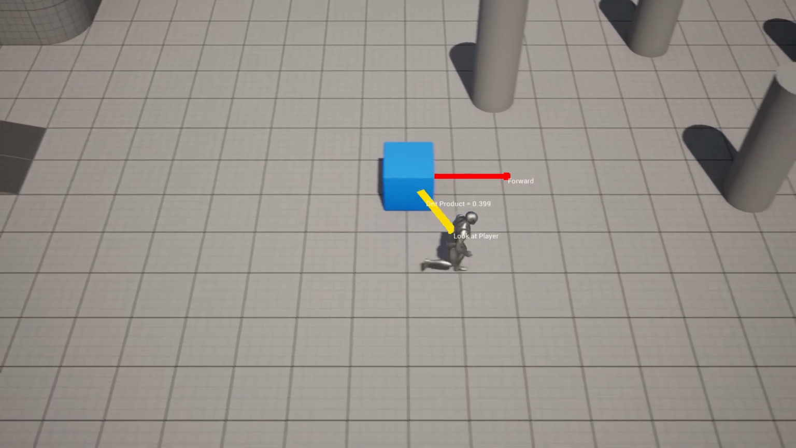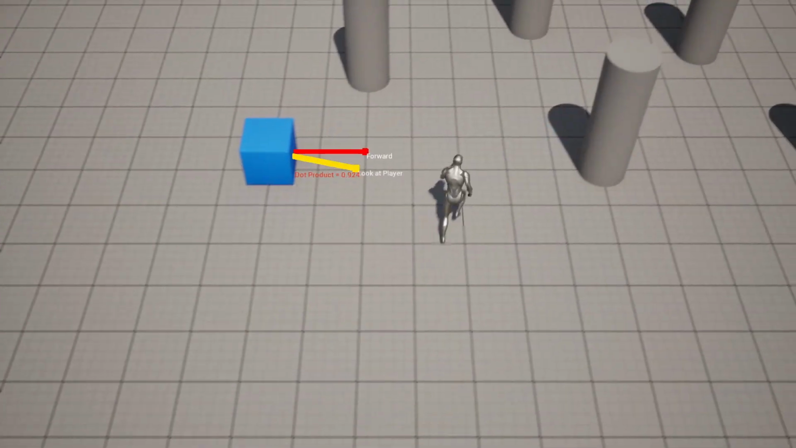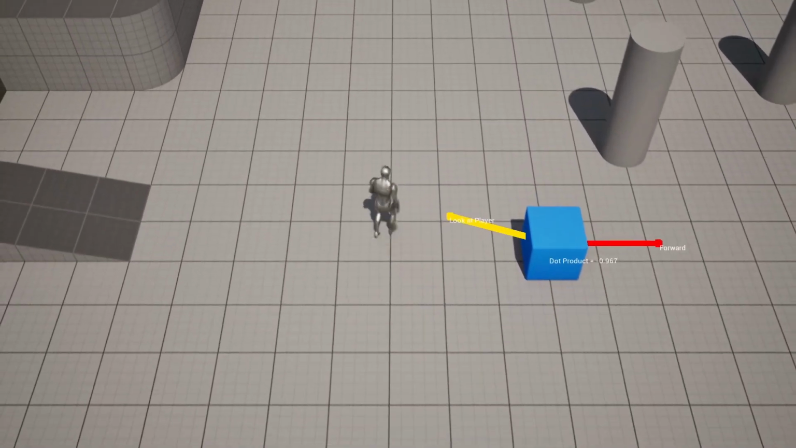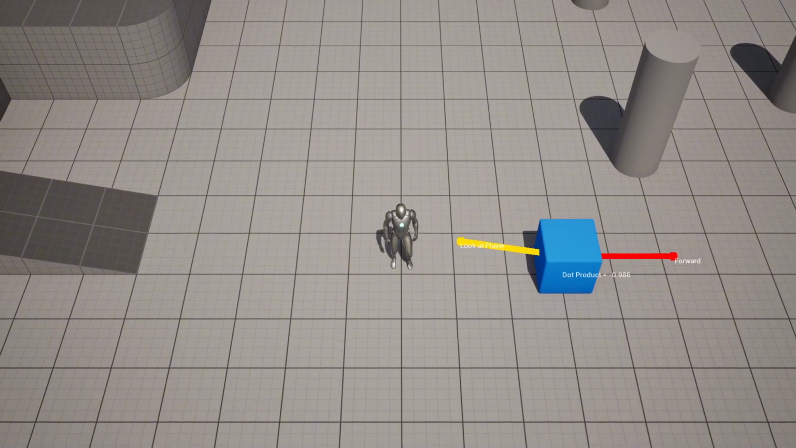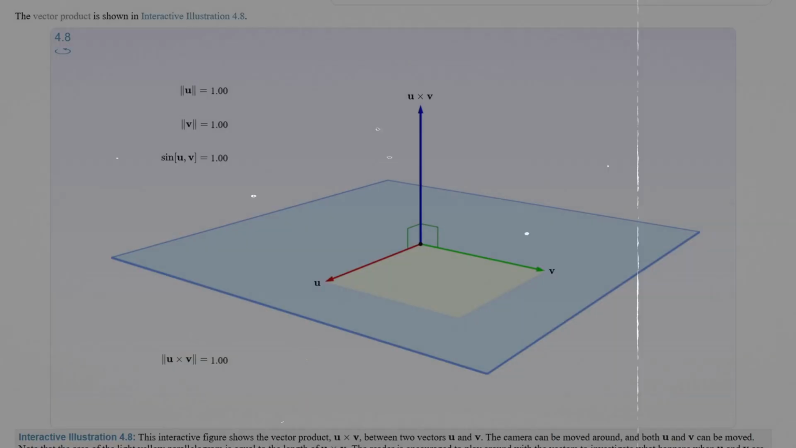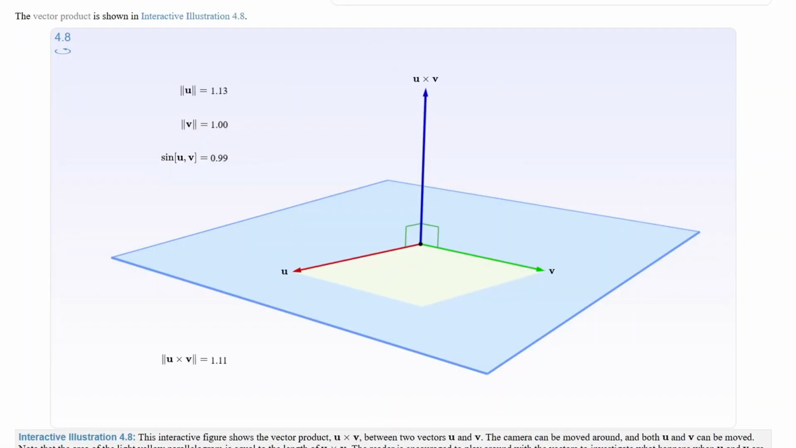And if the two vectors are normalized, this results in a value between -1 and 1, where 1 means our enemy is directly looking at our player, and -1 means it's looking in the opposite direction, and 0 means it's looking exactly sideways. Then we have the cross product, which is another useful operation between two vectors that allows us